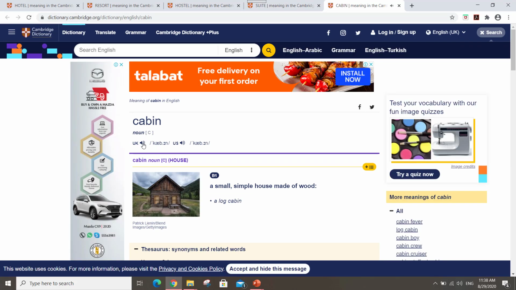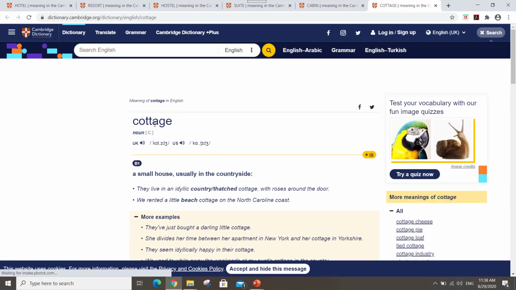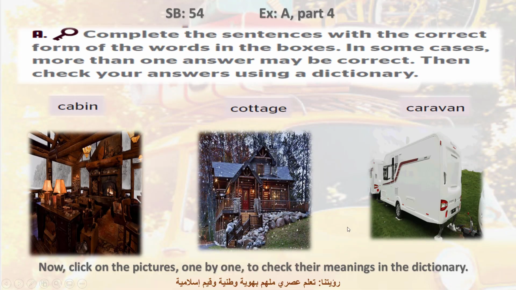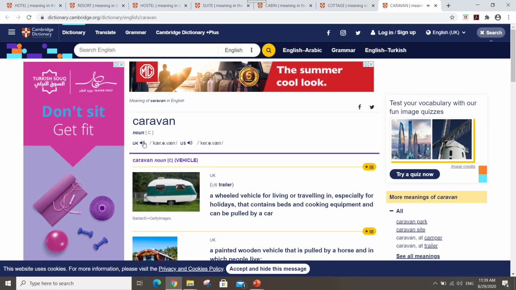cabin, cabin, cabin, cabin, cottage, cottage, cottage, cottage, caravan, caravan, caravan, caravan,